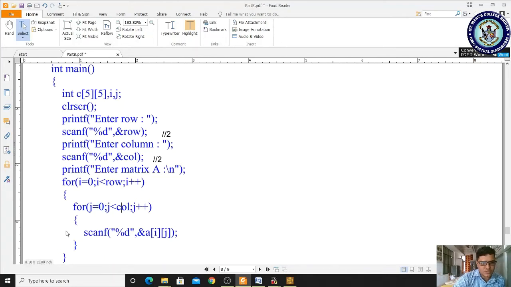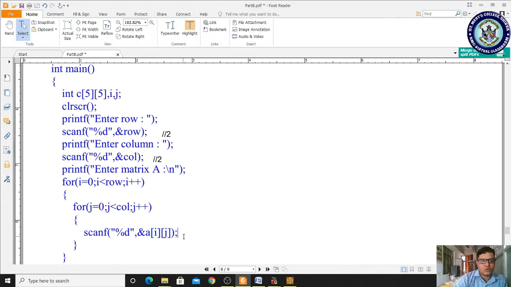j is equal to 0, j less than 2. Condition is true. Now you have to read the value from the keyboard and store it in this location. Whatever value you are reading will be stored in the 1 0 location. In the 1 0 location I am storing it as a 3. What is the value I am reading from the keyboard? It is a 3. In which location am I storing? 1 0. Afterwards where will the control go? It will go for j incrementation. Now j becomes 1, 1 less than 2. Condition is true. Whatever value you are reading will be stored in the a of 1 1 location. In a of 1 1 I am storing it as a 4.